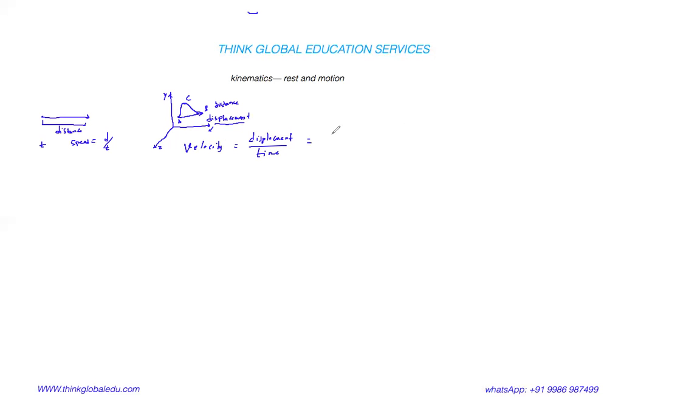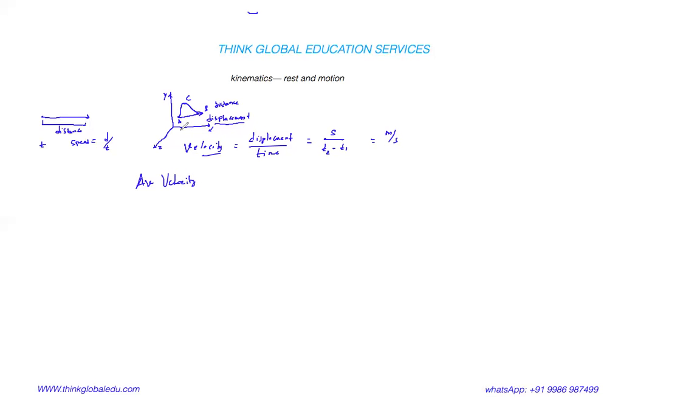And here we can represent displacement by the letter S, and time, the time at which it starts is, let's just say, t1 and t2 is the ending time. So displacement over the change in time is represented by velocity. And here it has the units meter per second. So now what we can do is that we can take this and we can write it in a different way. That is, we can calculate what is the average velocity